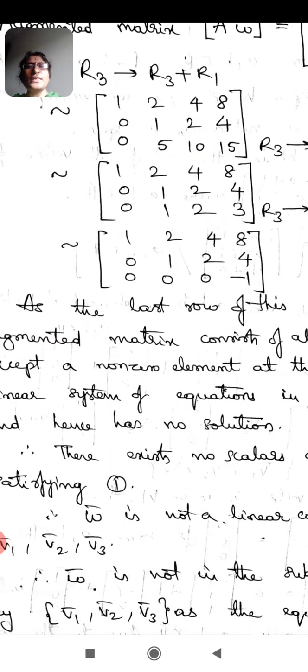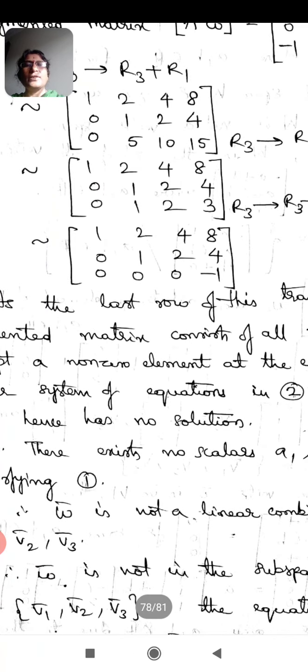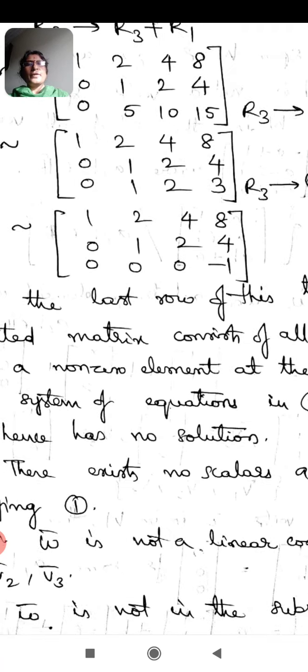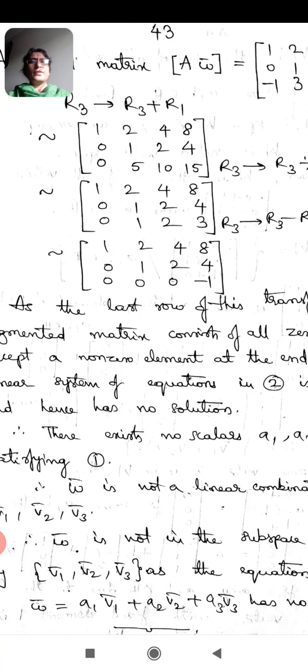So doing this, we can get the next equivalent matrix of the given augmented matrix as 1 2 4 8 as the first row, 0 1 2 4 as the second row, 3 zeros 0 0 0, and at the end it is minus 1. So 3 zeros, minus 1 as the third row. So by our previous knowledge, by observing this